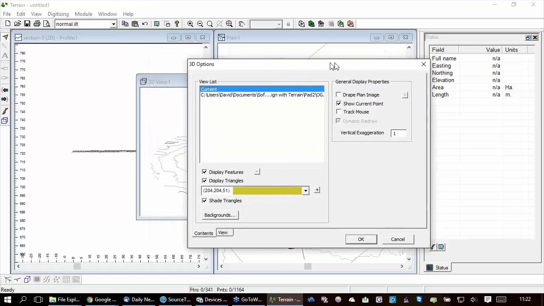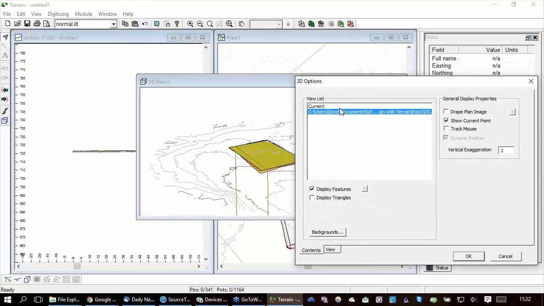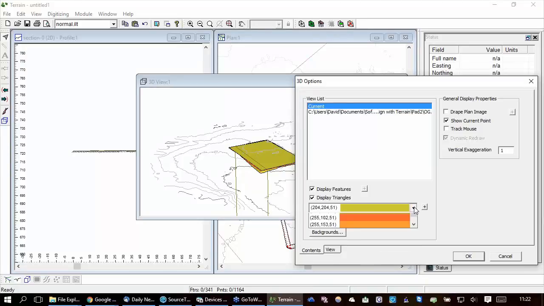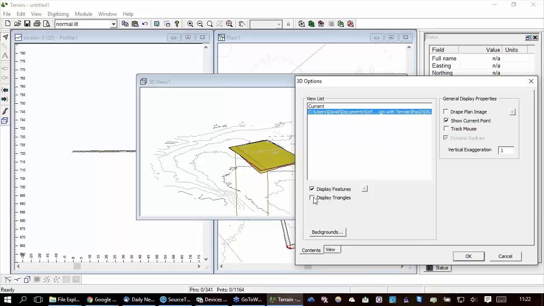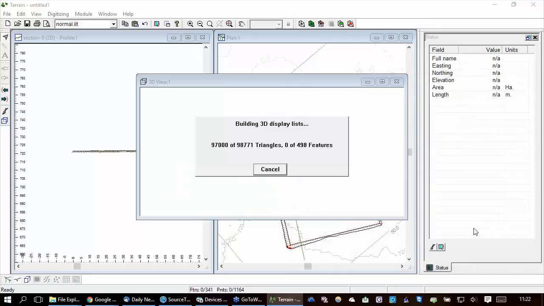This whole tab, Contents, allows you to change the way that each of the surfaces that are in the model are being displayed. So currently, I'm kind of happy with that. It's showing a surface of this color. I could change the color if I wanted to. But the background, I'd like to see that as having shaded triangles as well. Okay, so I do that, and oh,